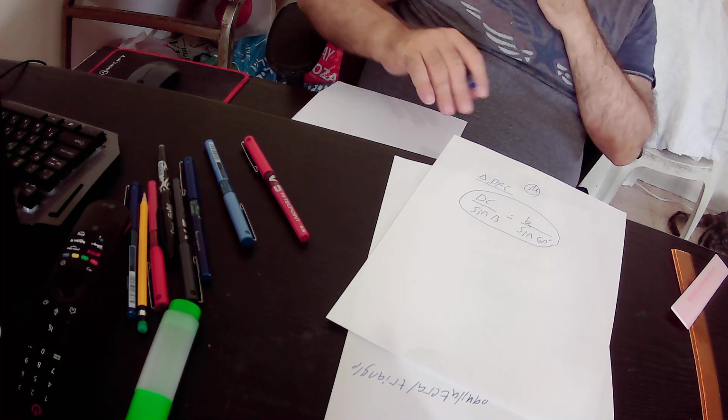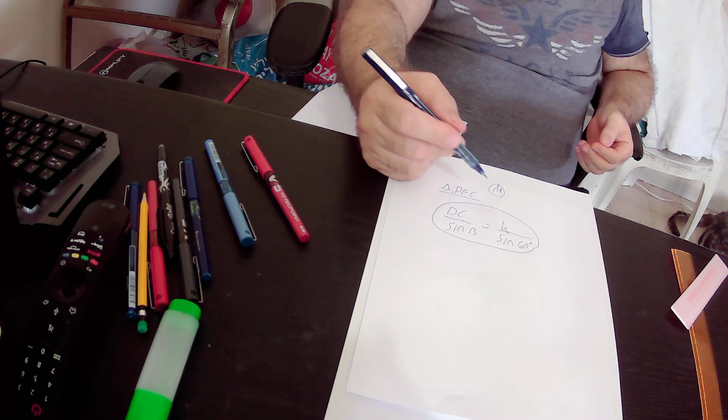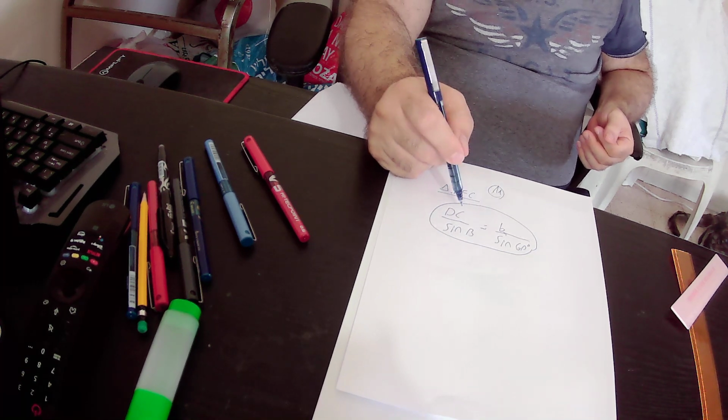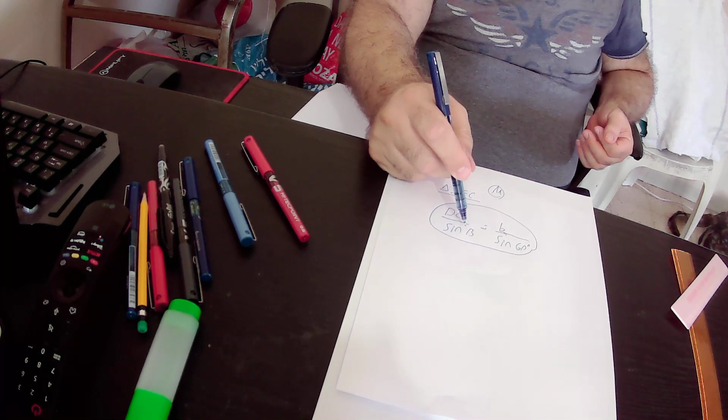As you can see from this equality, the only missing variable is b. We know the value of DC and we know the value of sinus beta, so